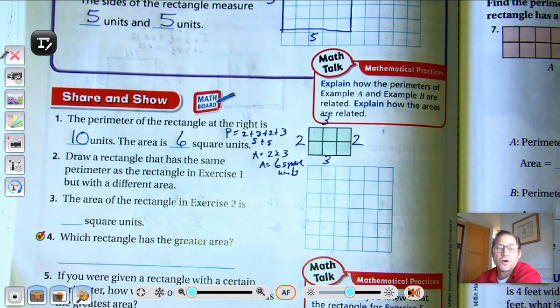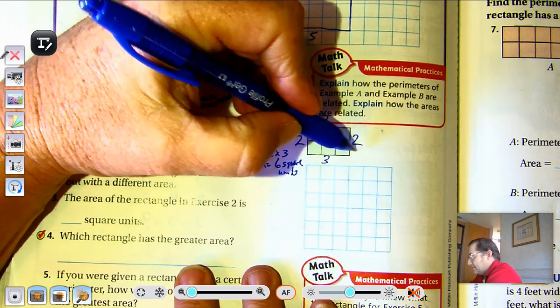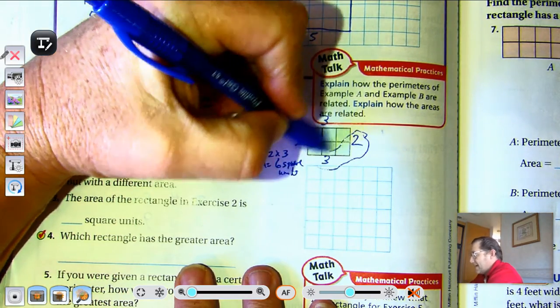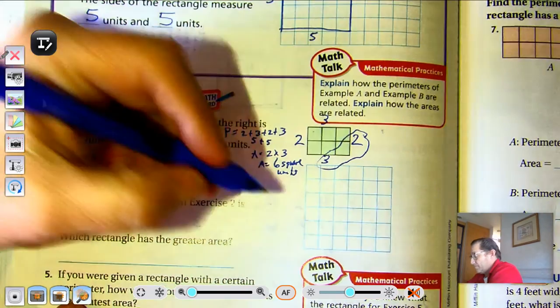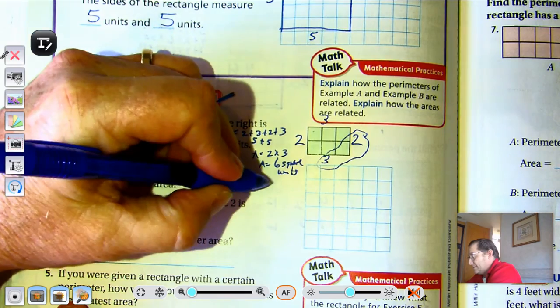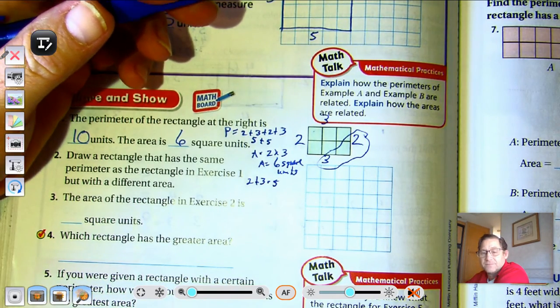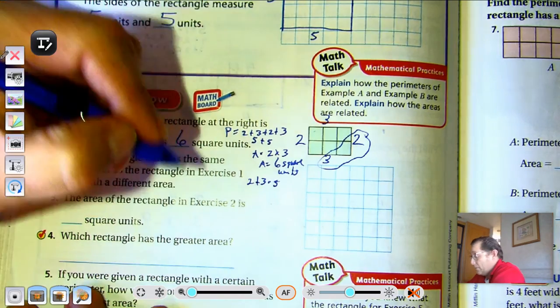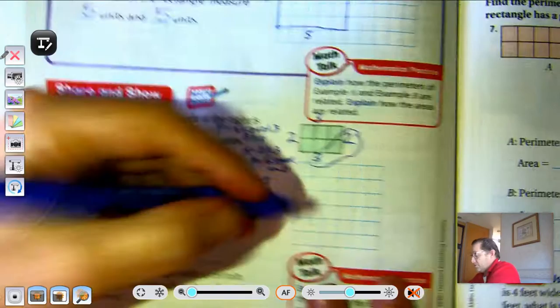Right, so number 2, draw a rectangle that has the same perimeter as the rectangle in exercise 1. So we want 2 of the sides to have a sum of 5, because 5 plus 5 is 10, right? Well, 2 plus 3 does equal 5. What's another way of making 5? I can only think of one other way, 1 plus 4. So let's do a 1